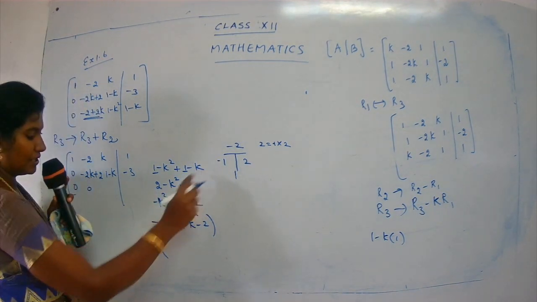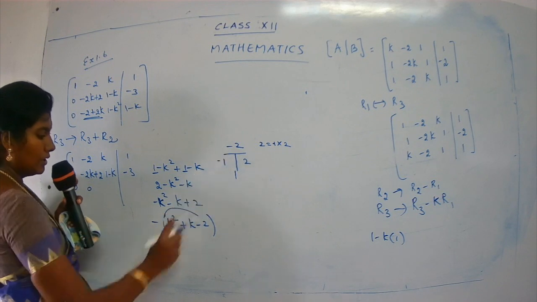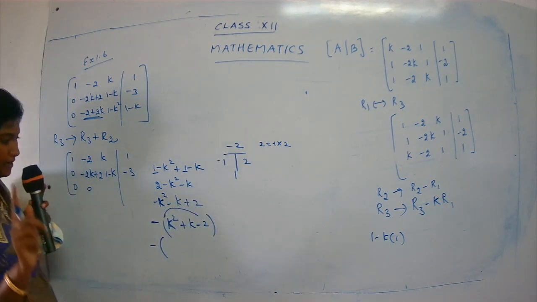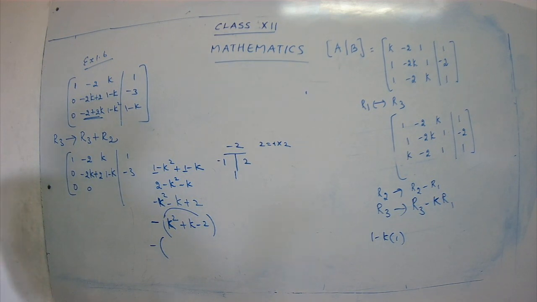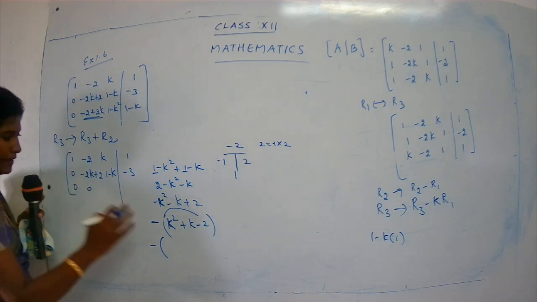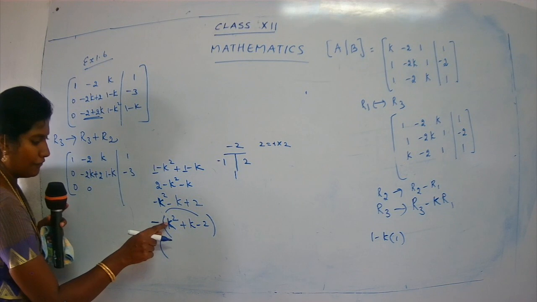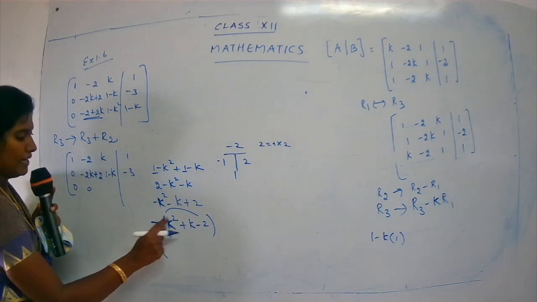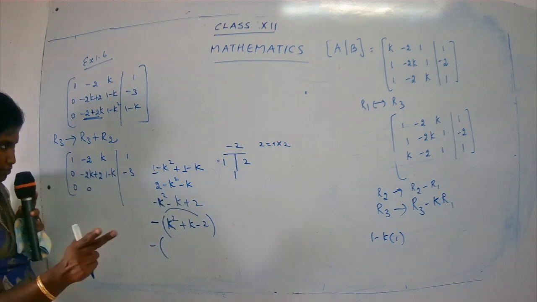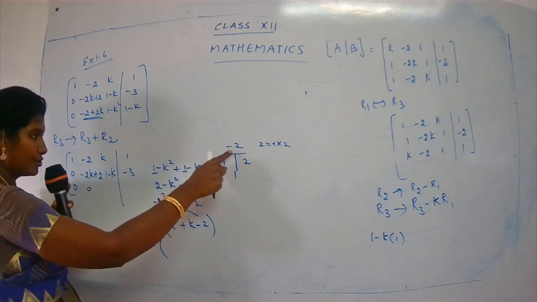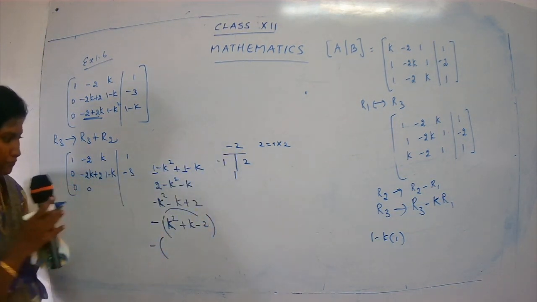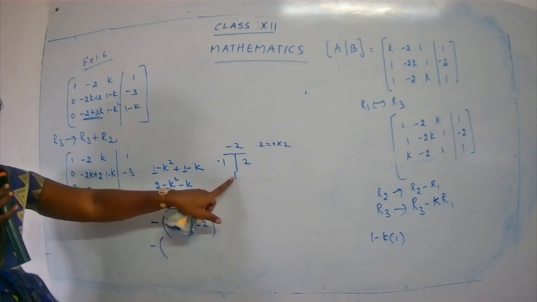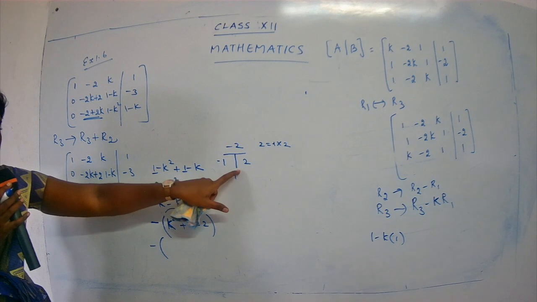Are you clear with this step, children? How did I get this value? I have put a T method, take the coefficient. I am not worried about the negative sign. The negative sign is just taken out. So don't mix up your mind with the negative sign. You have to multiply the coefficient of k square and the last term. So 1 into minus 2 gives you minus 2. You have to place minus 2 on the top of the T. And what is the coefficient of the middle term? It's plus 1. So I just write plus 1 below the T.